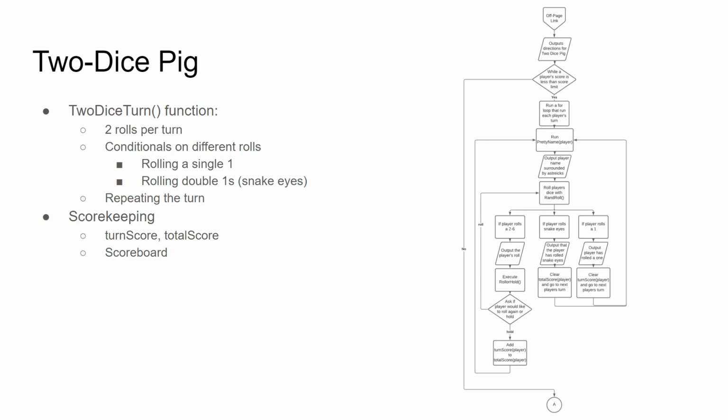Scorekeeping works the same as the other games. Turn score tracks the player's score during the turn. Total score tracks the player's total score, and the scoreboard function displays each player's score after a cycle of finished